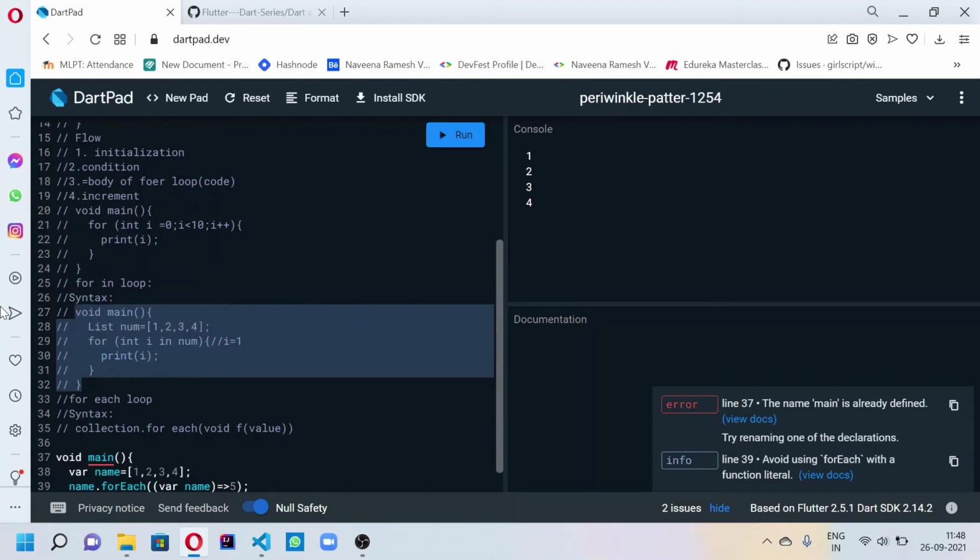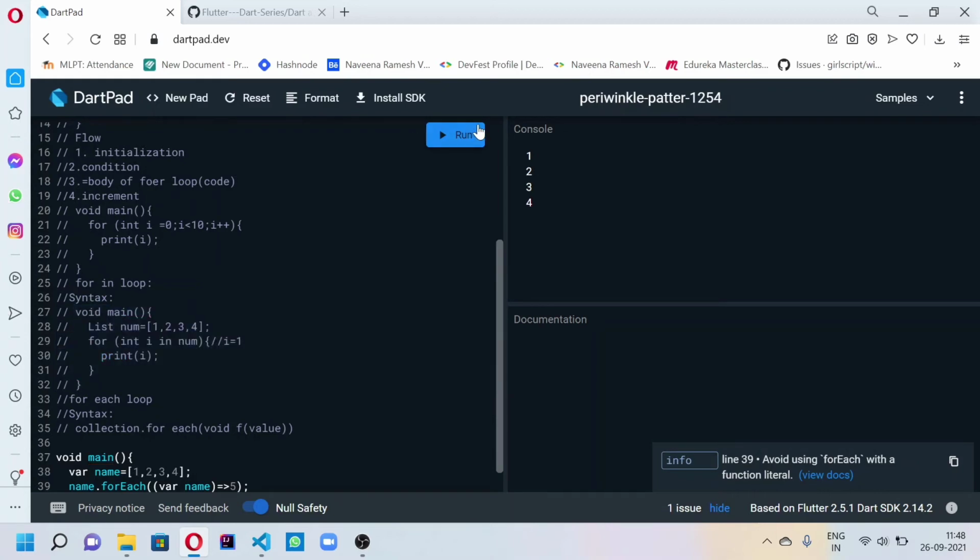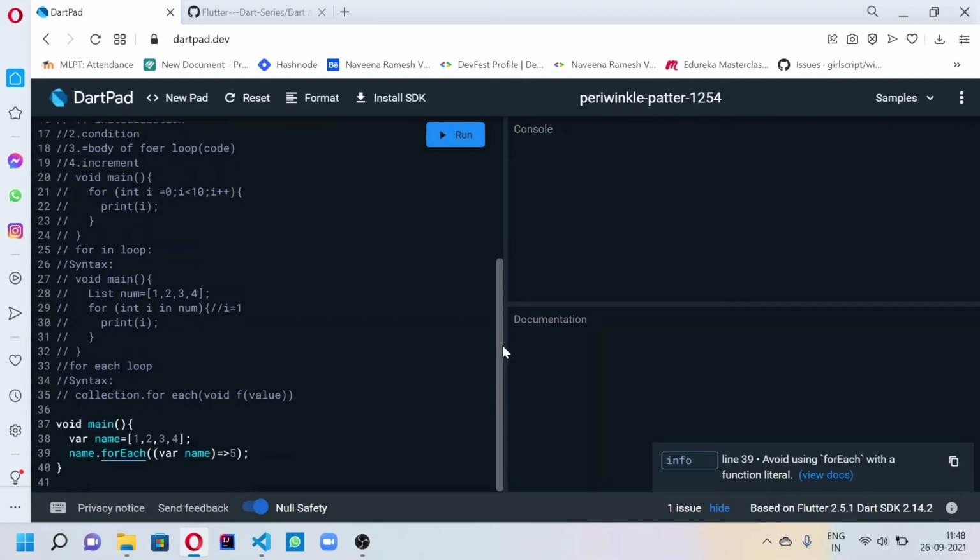Why does it show an error? Because you already have a main function. Wait, why is it not printing? Yeah, we haven't given the print function. That's why it doesn't print it.